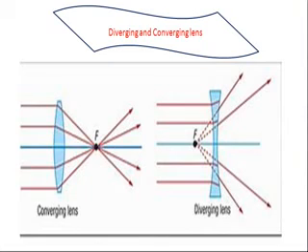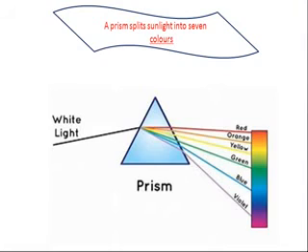Now, one more question comes to our mind, does light have only one color, the yellow color or the white color we see? But when light passes through a prism, we see that it is bifurcated into 7 colors, the VIBGYOR, and those 7 colors form the rainbow. Or you might take these 7 colors on a ring, a chakri as it is called, and rotate it very fast. So what do you see? You see one white color. So this is the confirmation that light carries 7 colors with it, but they look like one because of the speed it is moving with.